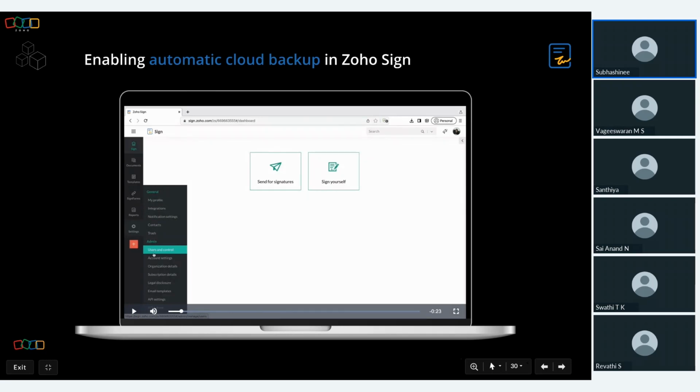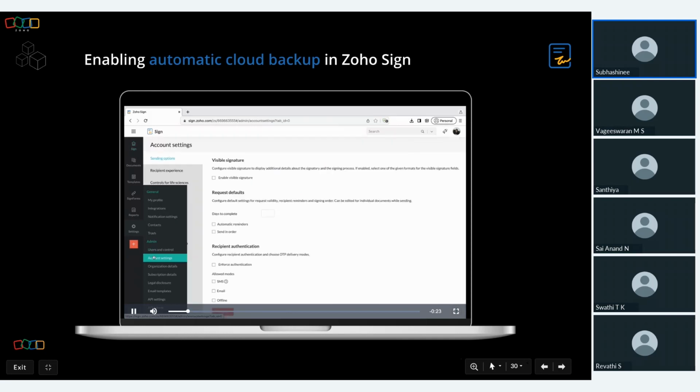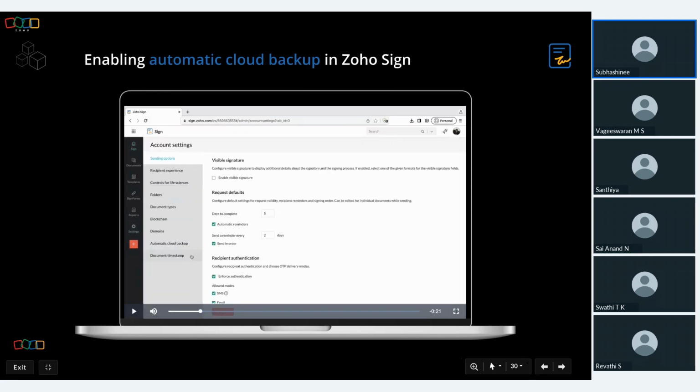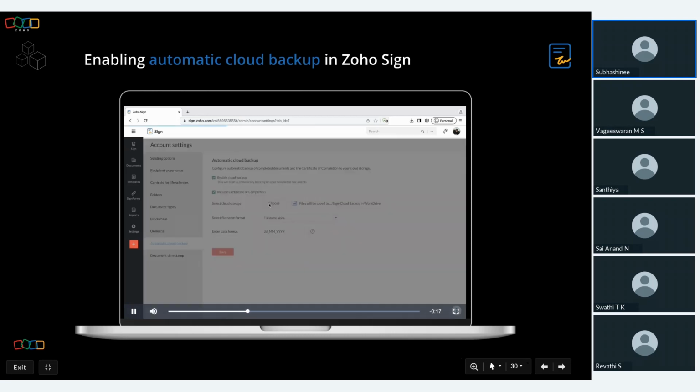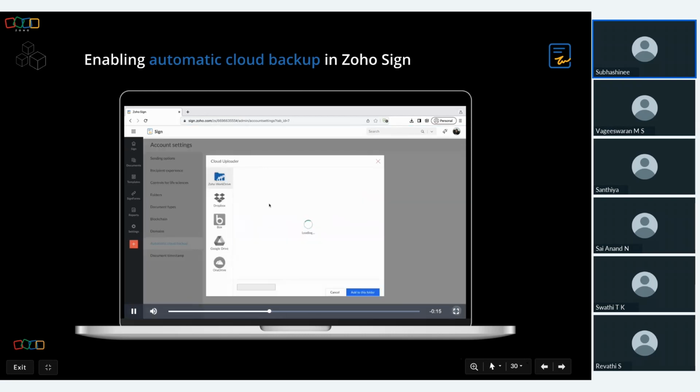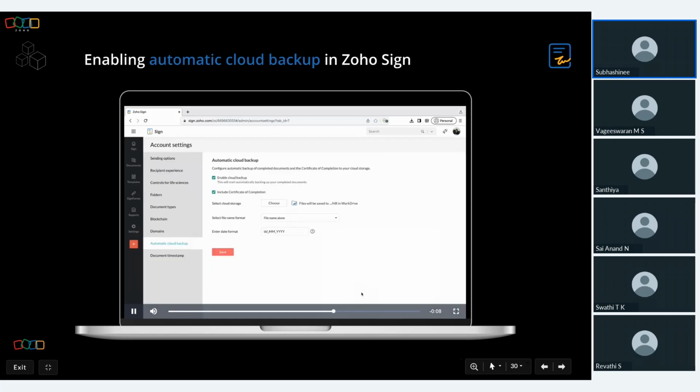So start by clicking on Settings in the left navigation panel, select Account Settings, and navigate to Automatic Cloud Backup. Select the Enable Cloud Backup checkbox to enable automatic cloud backup. You can also select the Include certificate of completion checkbox if you wish to backup completion certificates